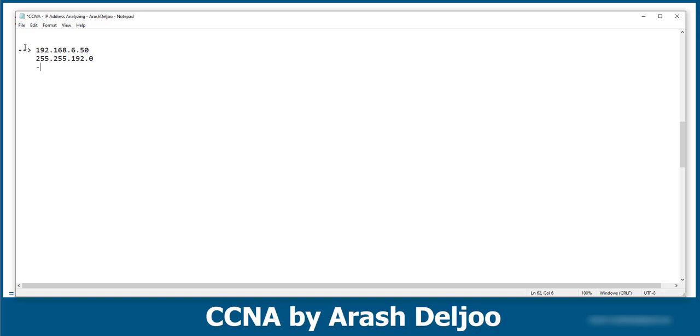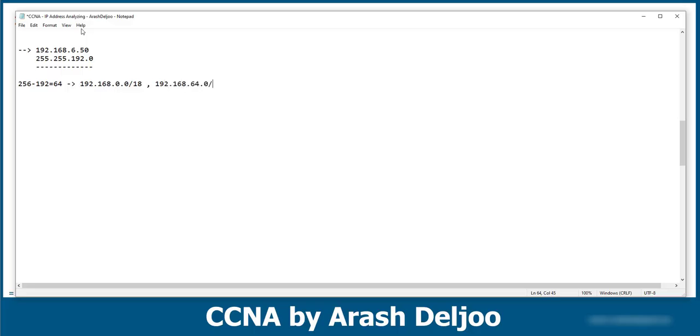192.0. Here the third octet is the interesting octet. Because of that, 256 minus 192 equals 64. Here we have 4 subnets: 192.168.0.0/18, for example, and after that the next networks